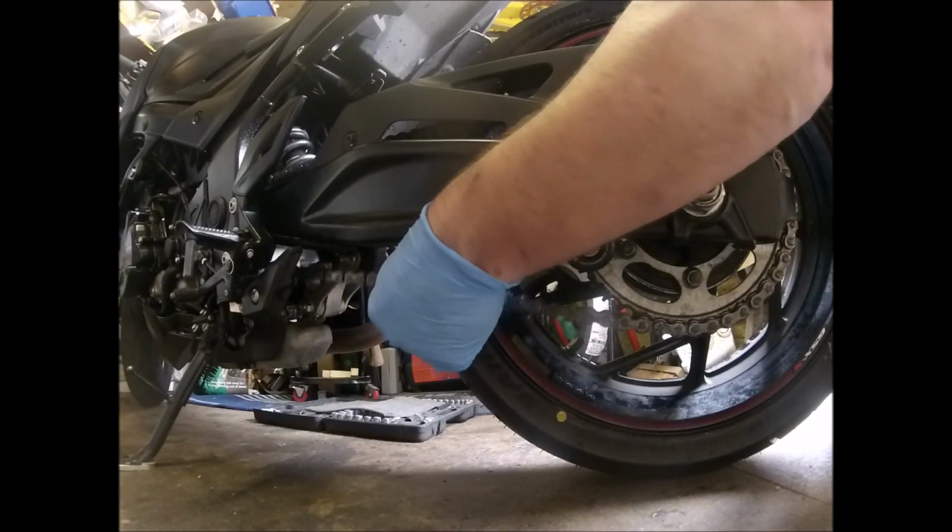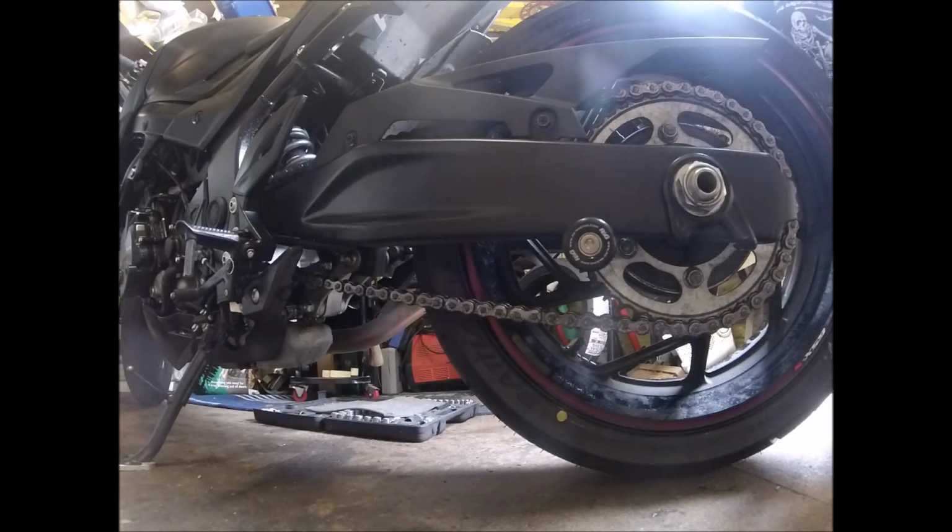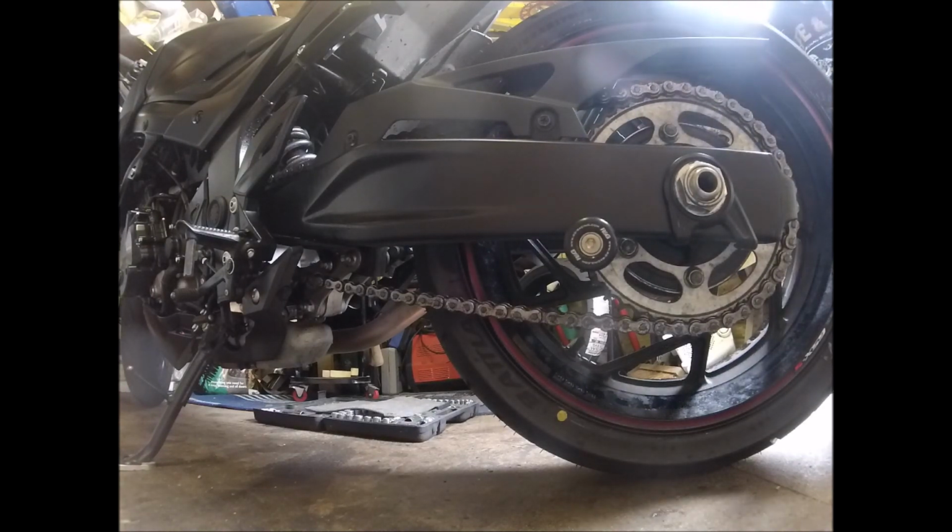And slack. Let's do about 20 mil. All back and done. Now I'll just check the tyre for greasy fingerprints and check the back disc. Put a bit of grease on that and then